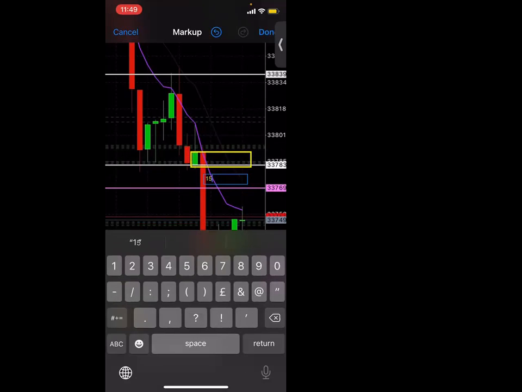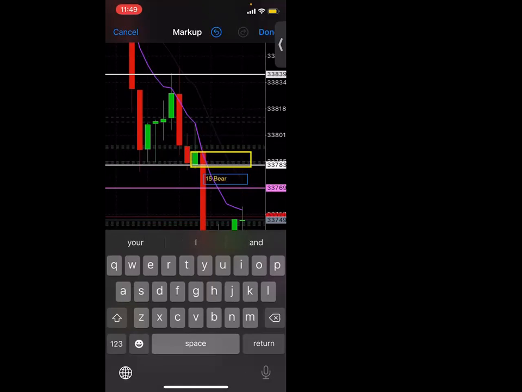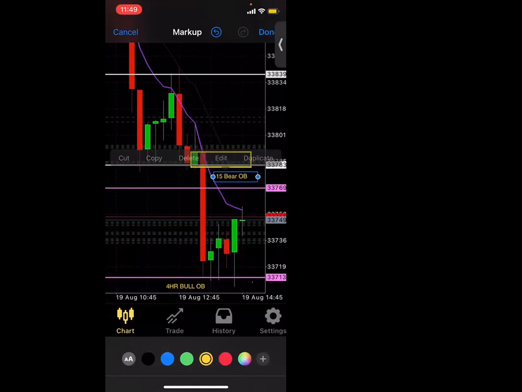So that's a 15-minute bearish OB. So price pulls this displacement candle, taps my 4-hour bullish OB. And then it's also formed this 15-minute bearish OB. And then what's given me another confluence that it's going to pull back to this 15-minute bearish OB and then start to pull back down is